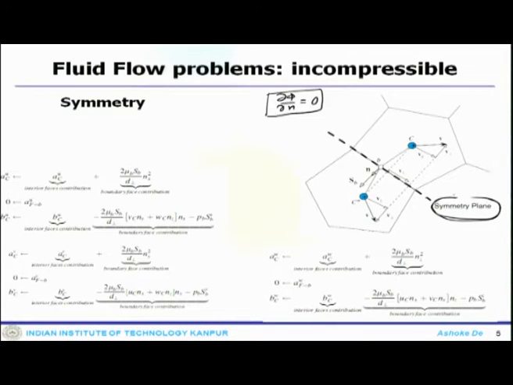So, when you apply this gradient 0 and calculate that, now the unit vector in the direction normal to the boundary is n, and the normal distance, let us say d. This is the normal distance and the unit normal vector is n. Then the velocity components normal and parallel to the boundary can be given: v normal to that is 0 and del v which is parallel to that, del n equals 0. That is what the symmetry condition does.